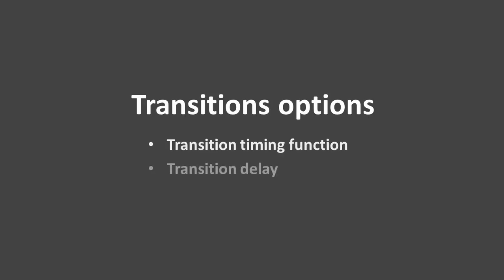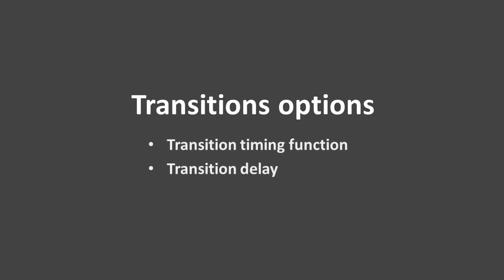Hello everyone! In this lesson, we will continue talking about the transition property and the other options we can deal with when using it on our HTML elements. Now, besides the transition property and the transition duration that we talked about in the last lesson, and remember we said that they are necessary for the transition to work on the elements, we also have two additional properties that we can use to take further control of our transition, and those are the transition timing function and the transition